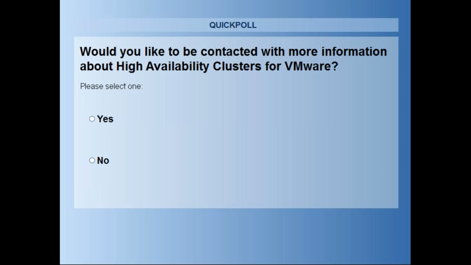Well, I think the two biggest points to make are you need to define your recovery time objective, and that's not something that you just pull out of thin air, right? It's not something that the VM administrator is going to pull out of thin air. That's something that the business owner is going to tell you. They're going to say, well, how long can you stand to be offline? And if that recovery time objective, again, is less than that 2 to 3 minutes, then you just have to